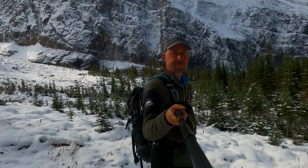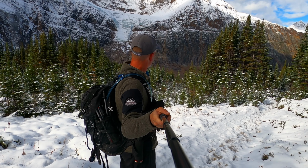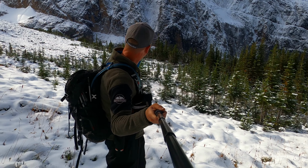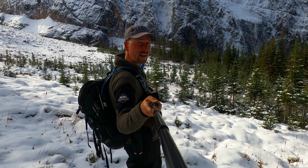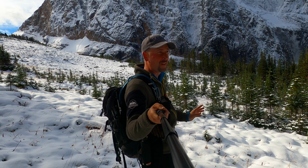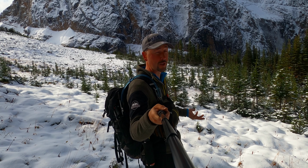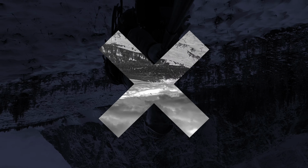Behind me here you can see Edith Cavell and the Angel Glacier at a little bit of a higher angle. But what I wanted to show you guys is this rock face, the east face of Mount Edith Cavell, and there are crevices along the edge where the snow piles up. This snow, especially in the spring, if you wait long enough, you'll hear big chunks of it fall down, and it sounds like massive explosions. From the parking lot, you can hear them, you can't see them. But if you're willing...